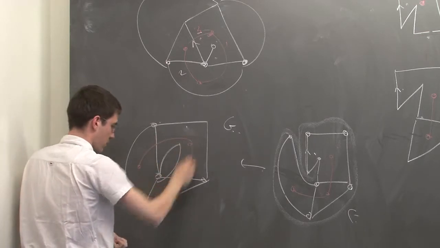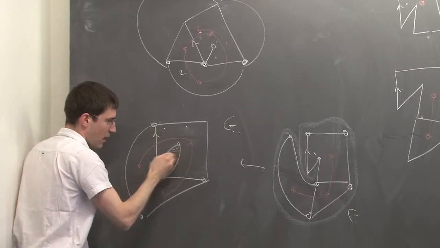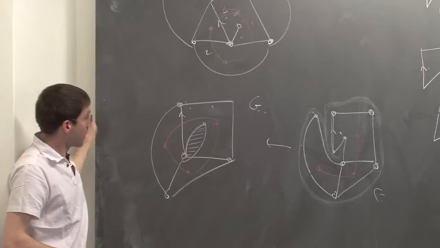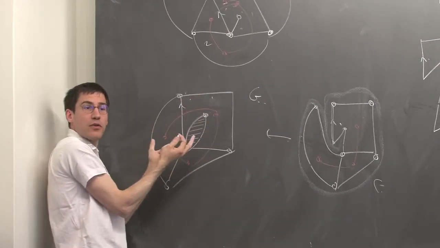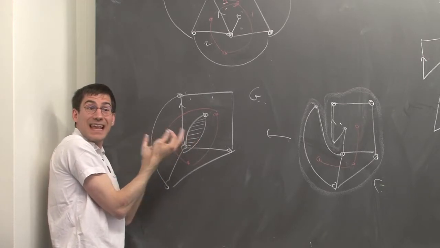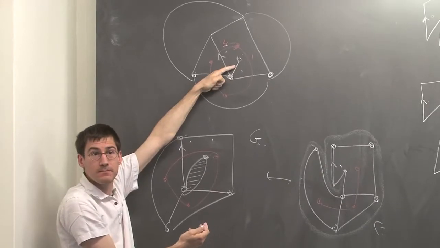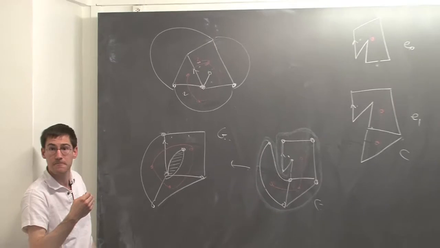So I've got 3 dual edges. But what is this? This is my root edge. And what is this? Now it's a hole. So you see that from this exploration, from this point of view, you cannot tell yet whether these 2 guys are identified, which is the case there. But you cannot tell from what you have explored so far.